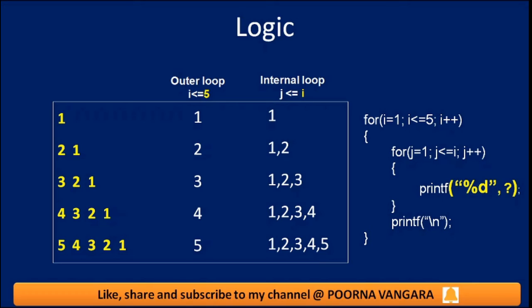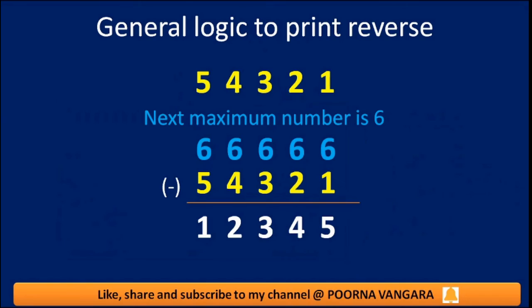So then, as I said, you must take the difference of j. If you look at the j and this pattern, these two are like a mirror image, like a vertical mirror image. In the second line, the j value is 1 2, but what you need to print is 2 1. And in the third line, 1 2 3 is the j value, and you need to print 3 2 1. So that means you need to get the reverse of j in each line. Let us consider how to get the reverse.